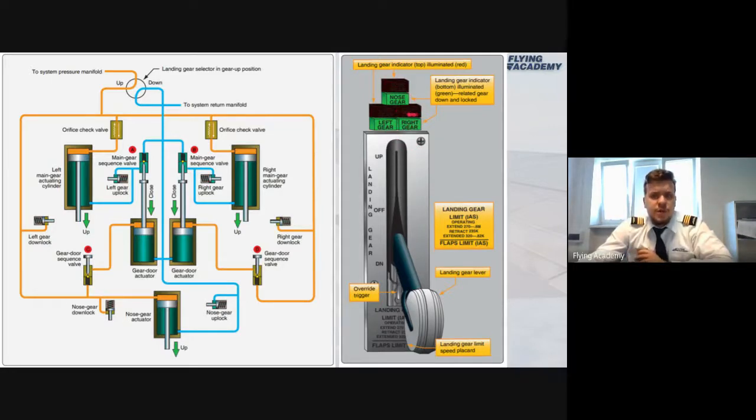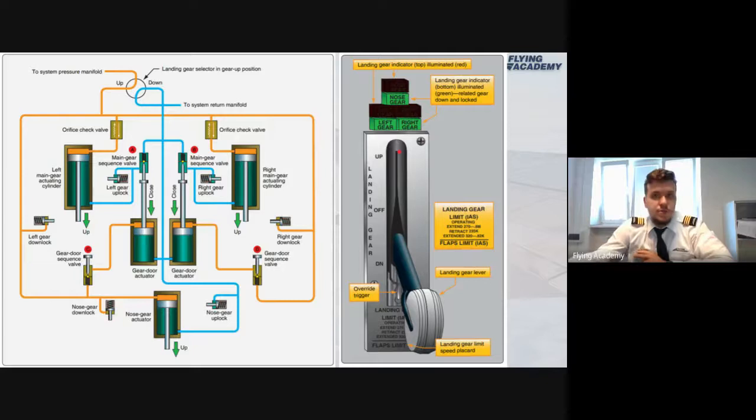But for which purpose do we have warning lights here? Warning lights we will have all the time when the position of the landing gear lever disagrees with the position of the landing gears. So for example, my landing gears are in the down position, lever in down position, I have 3 green lamps, which means that landing gears are in the down position. But then I would like to retract the landing gears after takeoff, and I will move this lever up. What will happen at this moment?